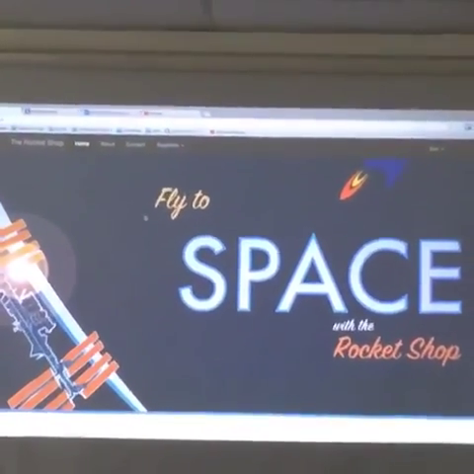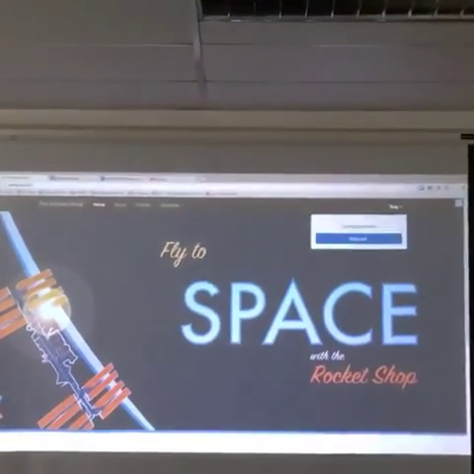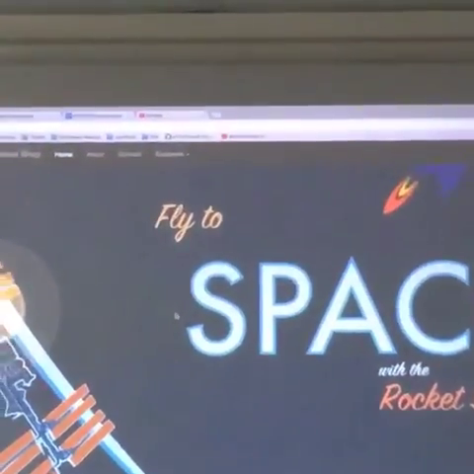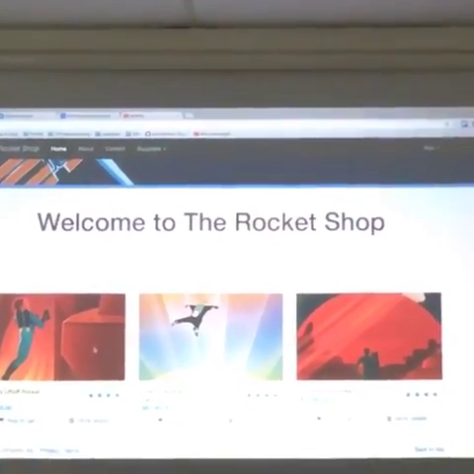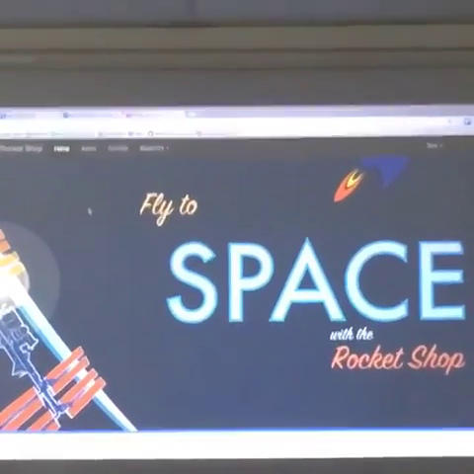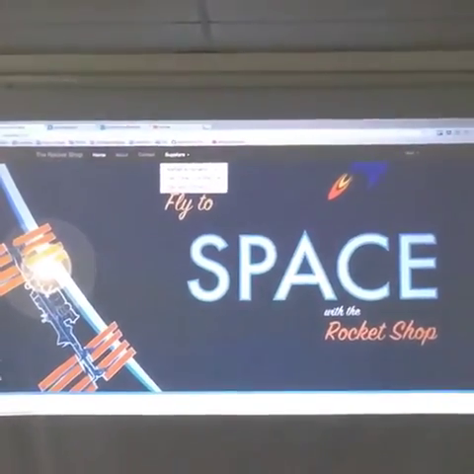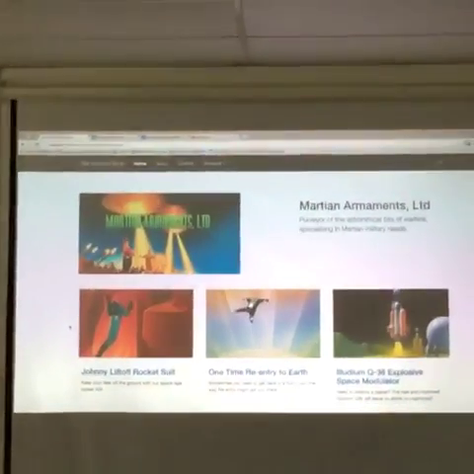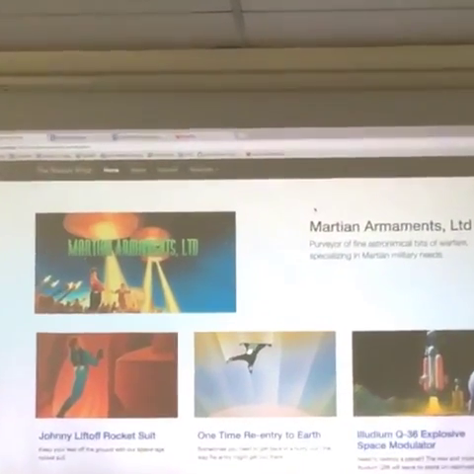So this is how the app works. We have the login system here. User can create account and log in. And then in the home page, there are some items that we can buy. The app is simple and pretty straightforward. And we have the supplier here. When we go to each supplier, then the products of that supplier will appear here. For example, the Martian ornament supplier